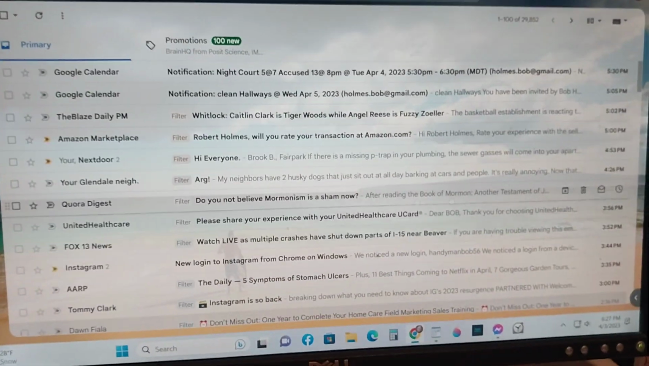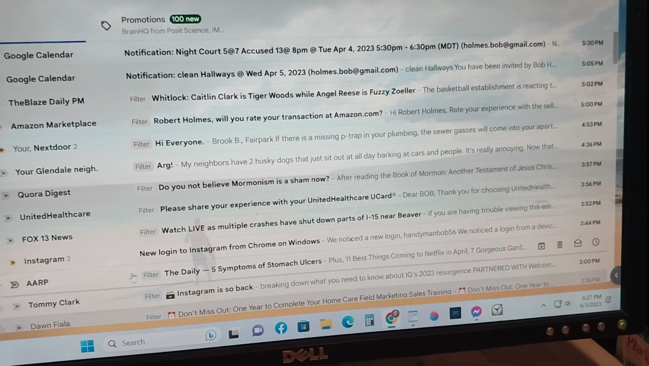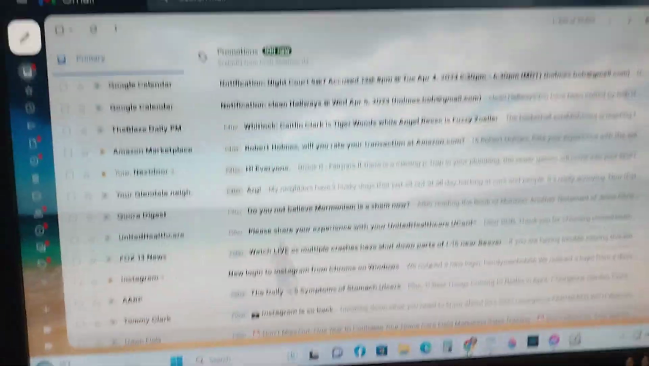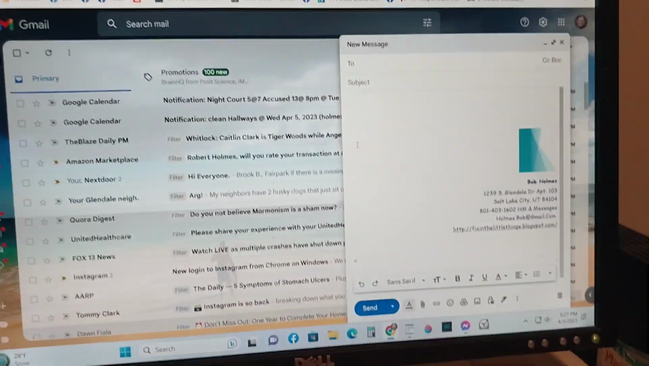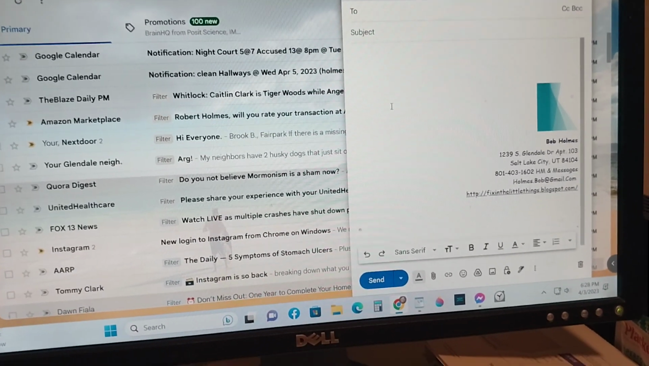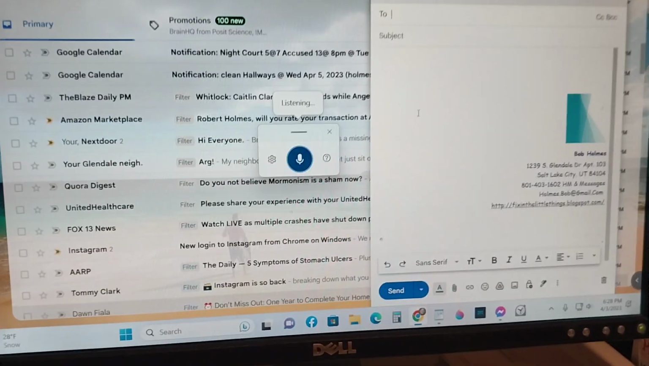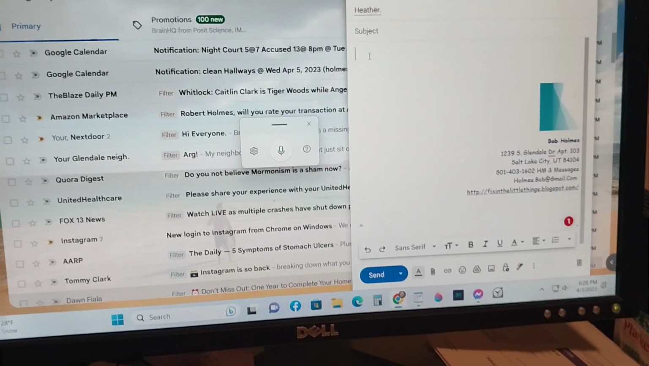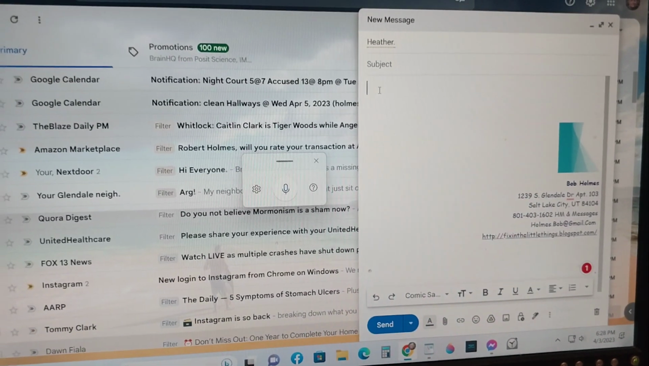Let's open up our browser and get the Gmail going. Now we just press the H and the Windows key together. You want to put the cursor in a box where you want to enter the information